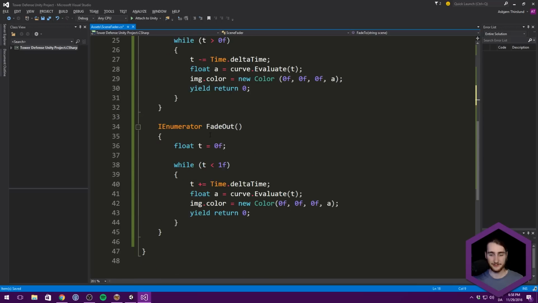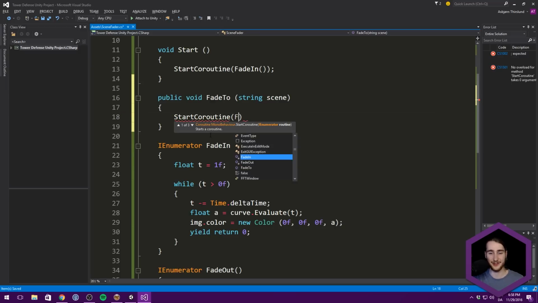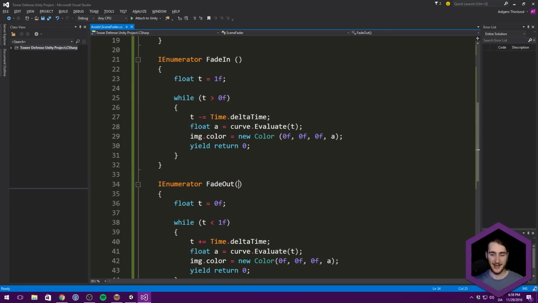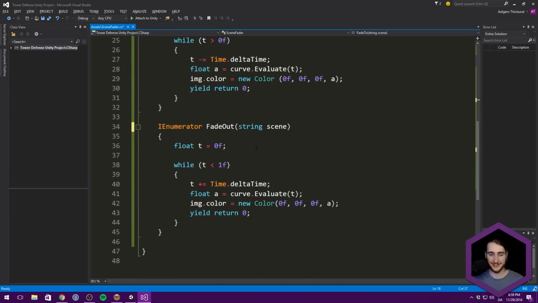And what we do then is just call fade out as a coroutine. So start coroutine, and the coroutine we want to start is fade out. And of course we need to pass this scene onto the fade out coroutine. So what we'll do is just add this as a parameter down here as well. So string scene, and we'll pass this scene onto there so it goes down here, and we can use it